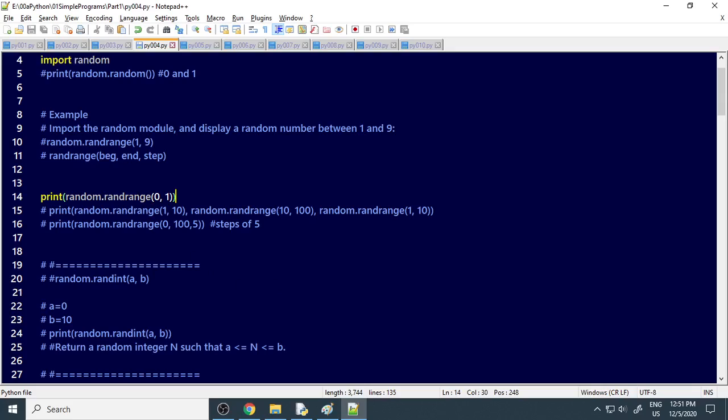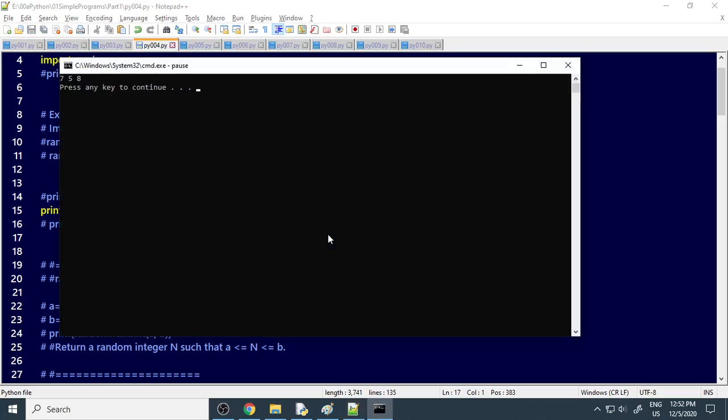Okay, so please try this. It's supposed to give 0 or 1 sometimes. Then let's print the random number 3 times. This time I'll take 1 to 10, 1 to 10, 1 to 10. The range is the same, but you want to print 3 times, so each time it should give me different numbers.